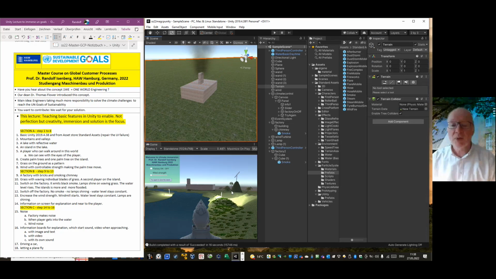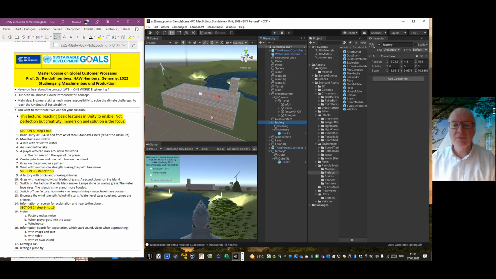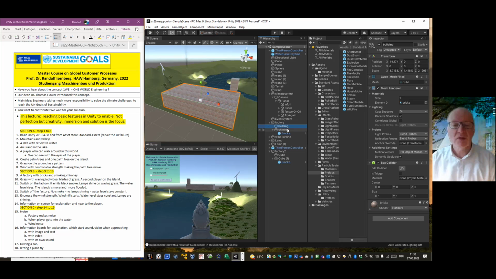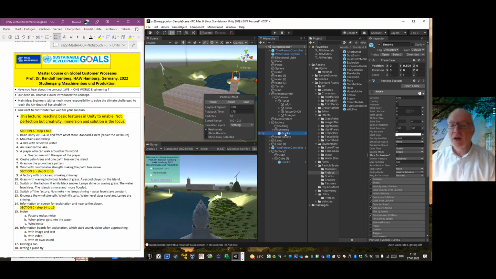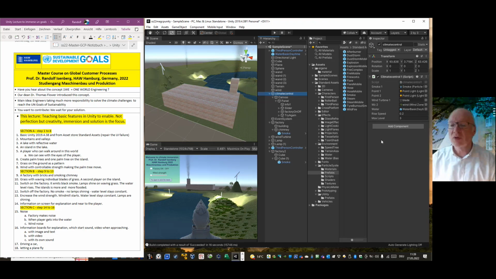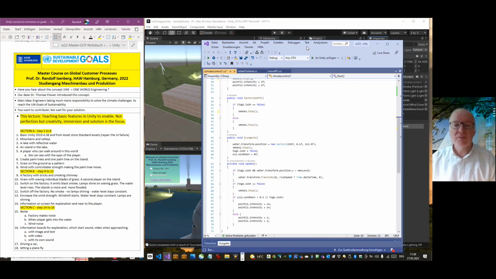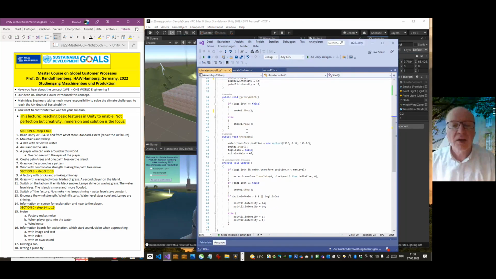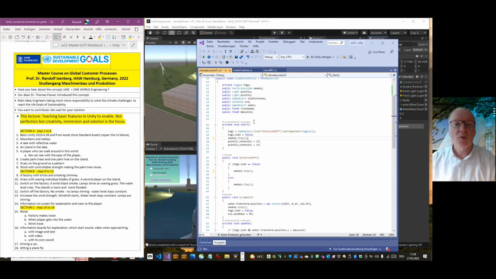For this we are going back to the factory I made before, and in this factory we have a similar environment. Here is this factory, all is the same. I just renamed this cube, I renamed this cube, and we have here the smoke, and as you see, it's very similar. However, how can we do this now? We go into our climate control, and now we have to look at our script. For the script, we go here, and as you can see on the top, we have implemented